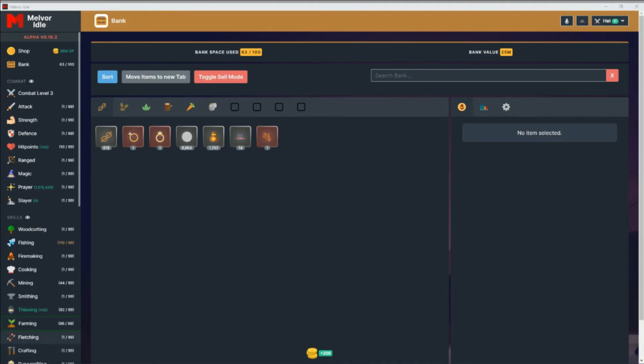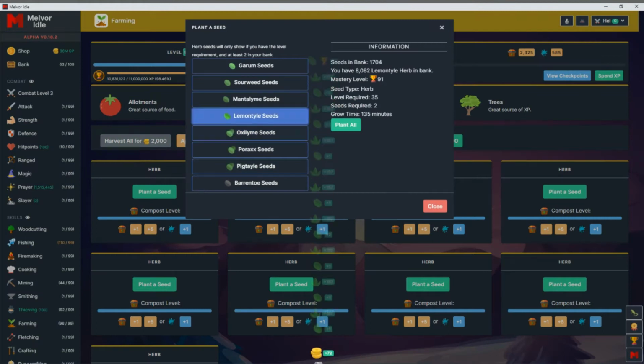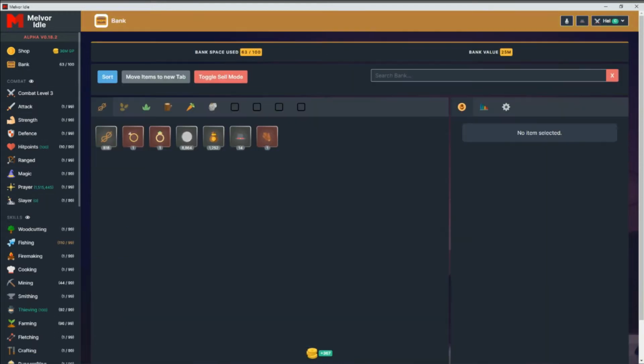We're just going to have a quick update. Well, farming is flashing, so I'm going to go ahead and take care of that immediately and try and keep things planted. I've been planting these lemon tile seeds because they're great for herblore training. But first we'll start in the bank, and with this update, we have